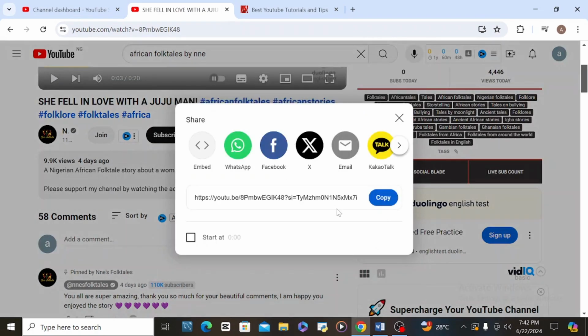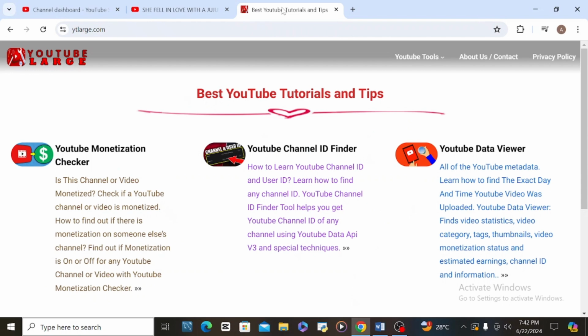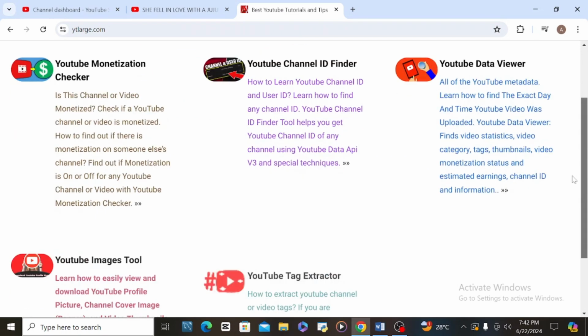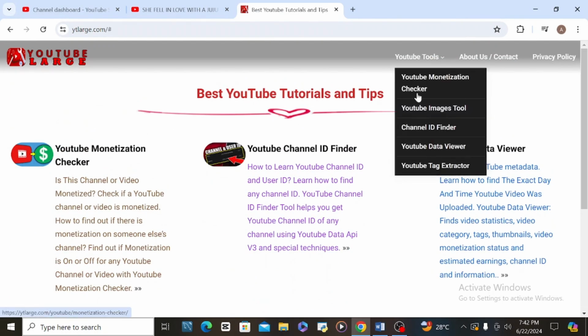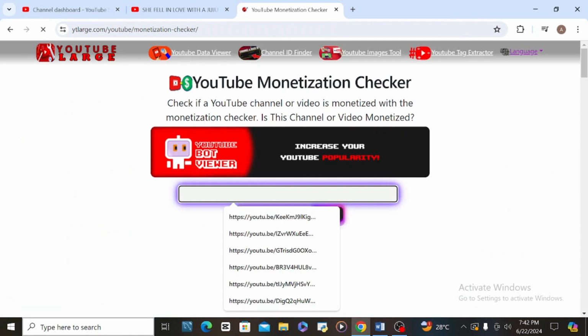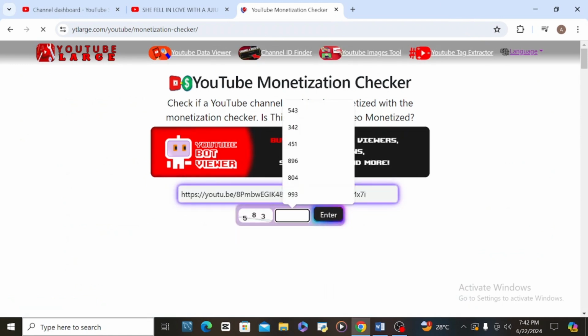Come to share, copy. I want to be sure because I'm seeing 3 tags there. So I want to be sure the particular tag is supposed to be in that channel tag. So I paste it here. Put the code